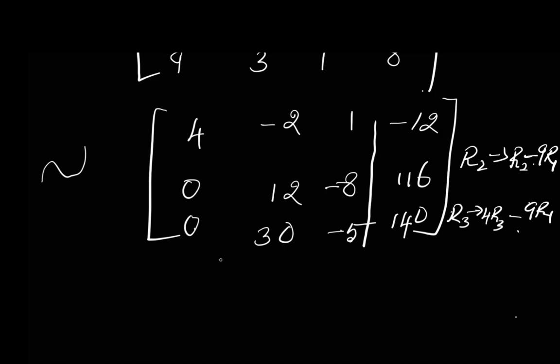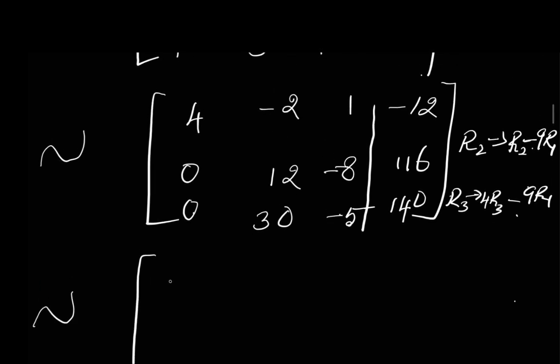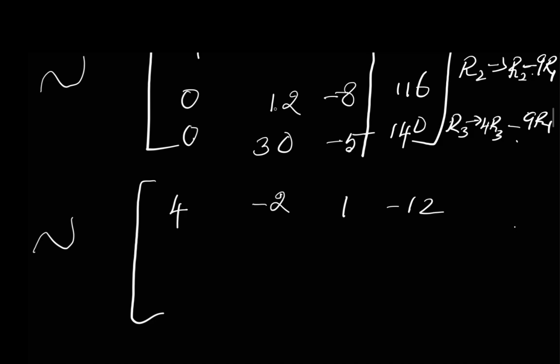So what about the next step here? See, the elements are bigger values. We can just reduce the values. Look at the common divisor. First row you write as it is. This is equivalent to, first row is 4, minus 2, 1, minus 12. But see, the second row has a common factor, here 12, minus 8 and